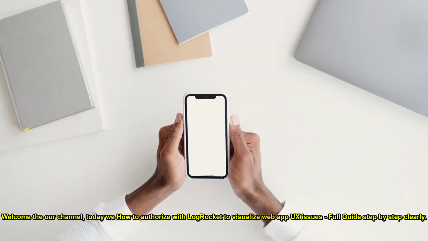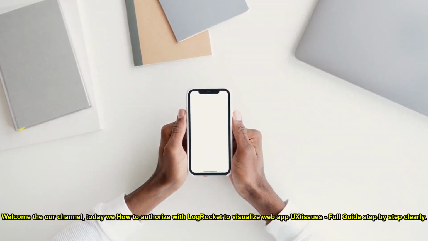Welcome to our channel. Today we'll show how to authorize with LogRocket to visualize web app UX issues, a full guide step